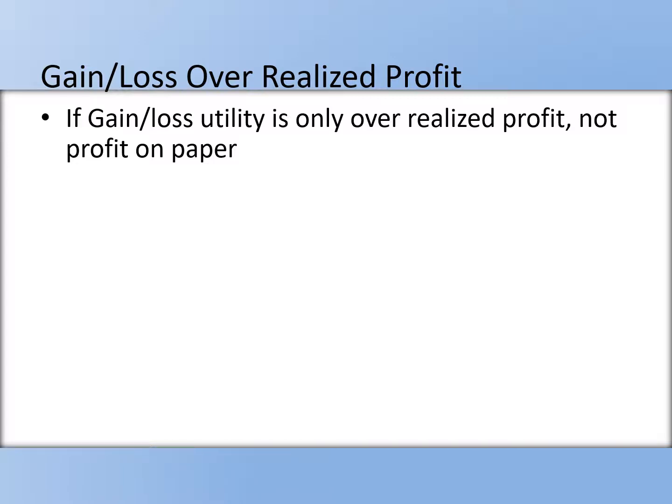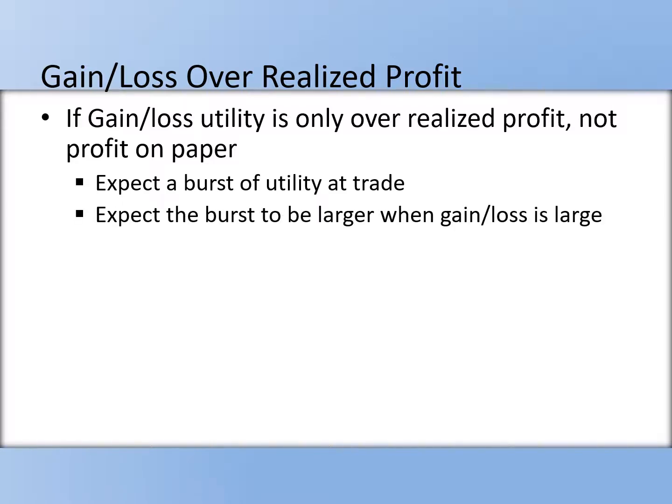Okay, so the last paper in this part is one that uses neuroscience. Now, the way that the Barberis and Xiong theory works is that when you trade, you have an extra burst of utility. That's how it works, right? If you don't trade, then you just have the normal part. So how do we actually measure that? The way you can do it is with